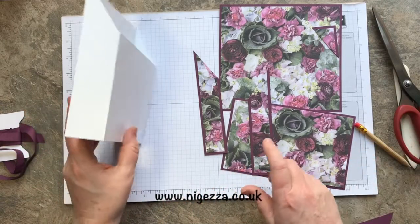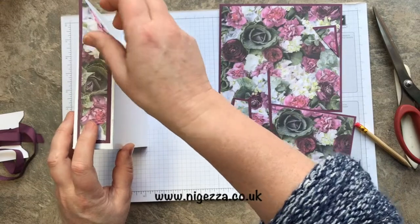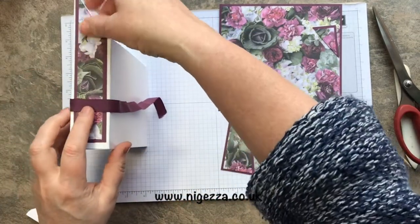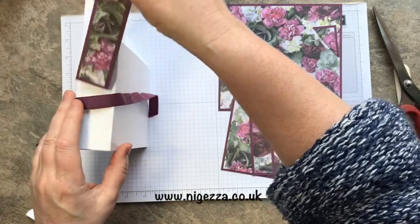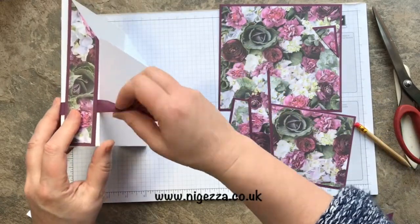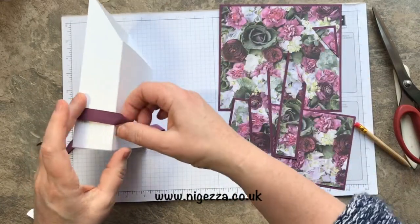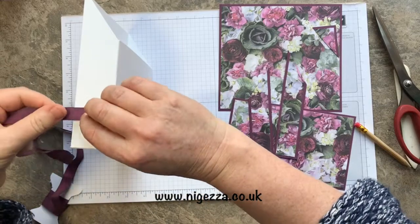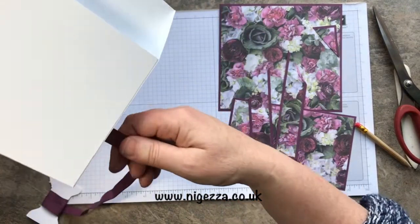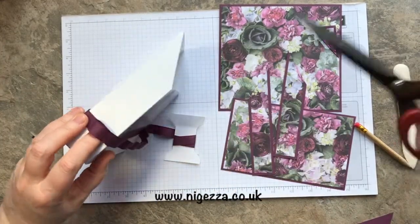Right, so now I'm just going to stick this around, and what I've got to decide, I'm thinking I'm going to put the ribbon underneath the side bits as a way of catching it in, but having it over the front of the other bits, if you get what I mean. So I'll have the join, I think, in a side bit. So if I have that going all the way around to there,